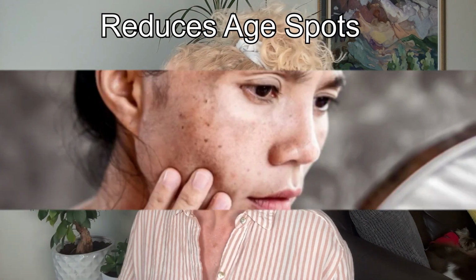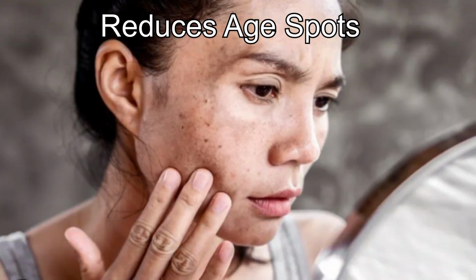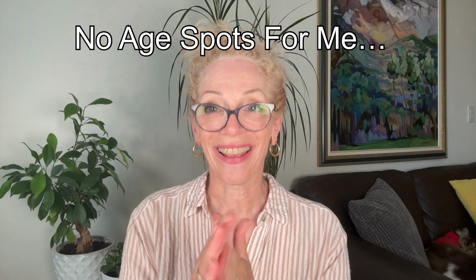Okay. Then I use the Perfecting Lotion. I put a couple of drops. Now the Perfecting Lotion is very like a liquidy serum, and the purpose of this is it evens out your skin tone. You know those age spots? Well, I don't have any. So then you apply it. But the muscles that I'm going to be working on today is this area here. Okay. Once this is absorbed, and you can do a little bit of tapping,